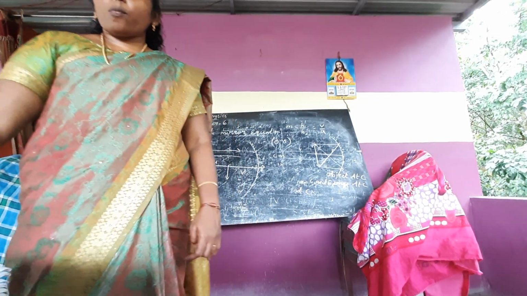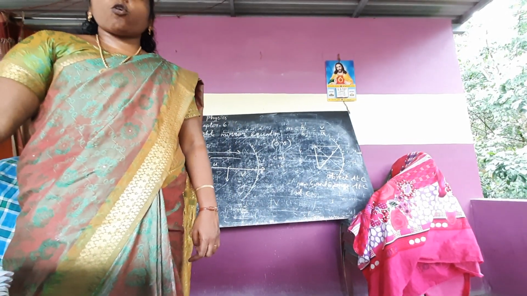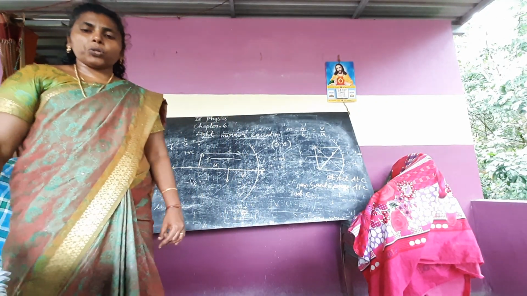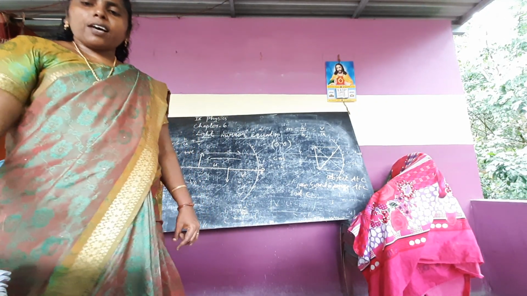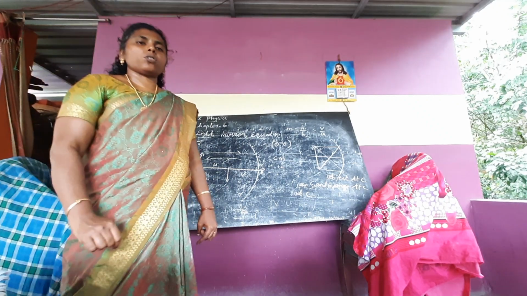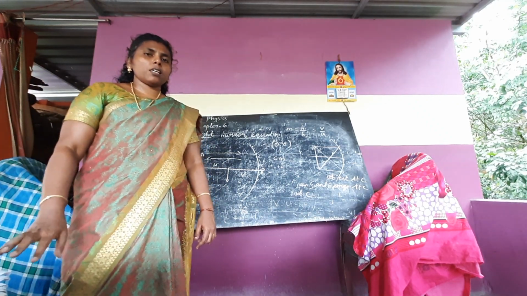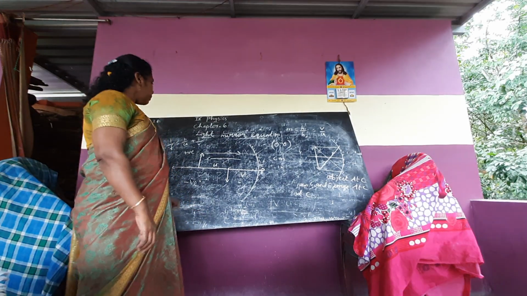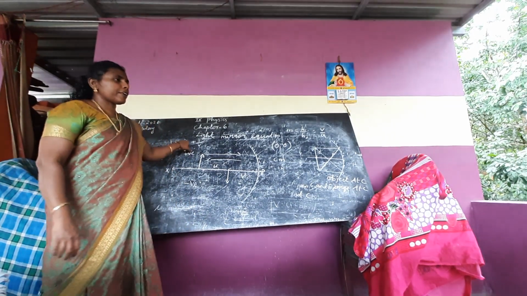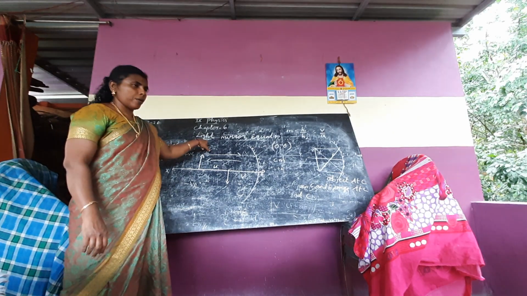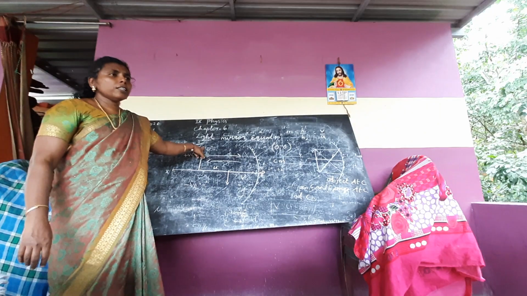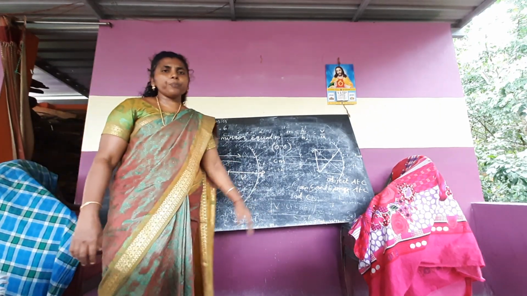Some questions we have marked for the assignment: review question 8, question number 1, where you have to draw the ray diagram, and review question 7, first question. You have to draw and write the assignment. Then the mirror equation you have to learn: 1 by f equal to 1 by u plus 1 by v. The remaining portion we will see in the next class. So this much you have to learn. Thank you so much.